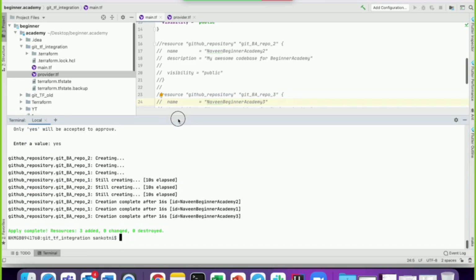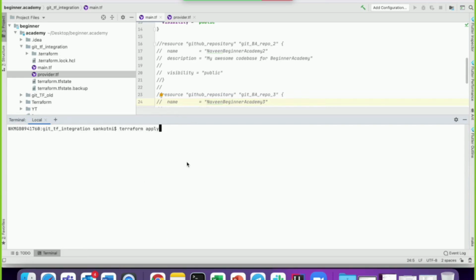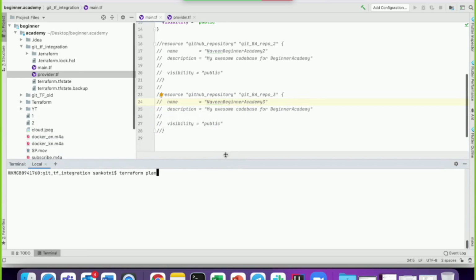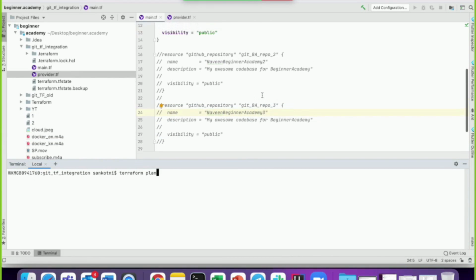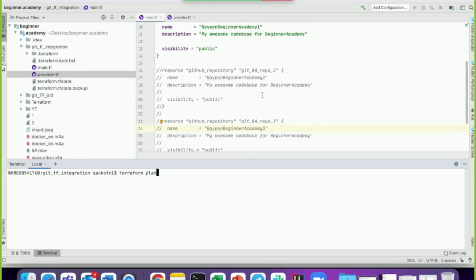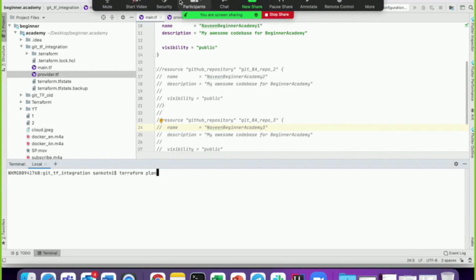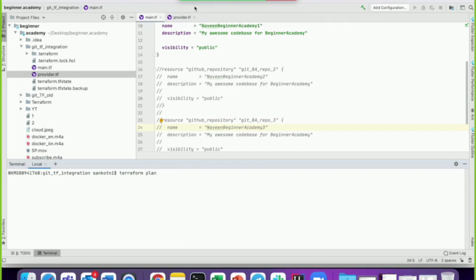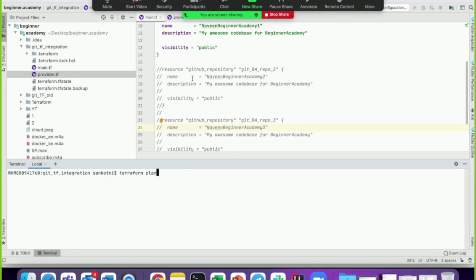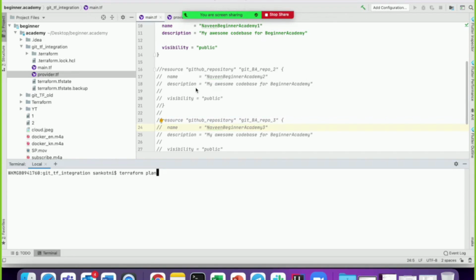Now if I do a Terraform apply, what exactly will it do if it is commented out? Yeah, if you comment the code, it's nothing but it doesn't exist.